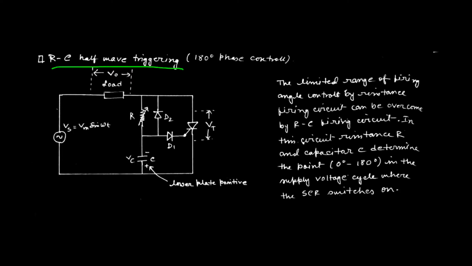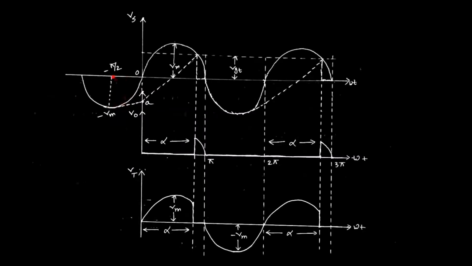Then, as per the normal nature of the sine wave, after the point of minus pi by 2 the voltage gradually decreases until it reaches 0 degree. In this particular case, the current starts flowing easily from the capacitor through diode D2 in this way. So this part is when the capacitor stores energy and the current flows from the capacitor to D2, as D2 is under forward biasing condition.